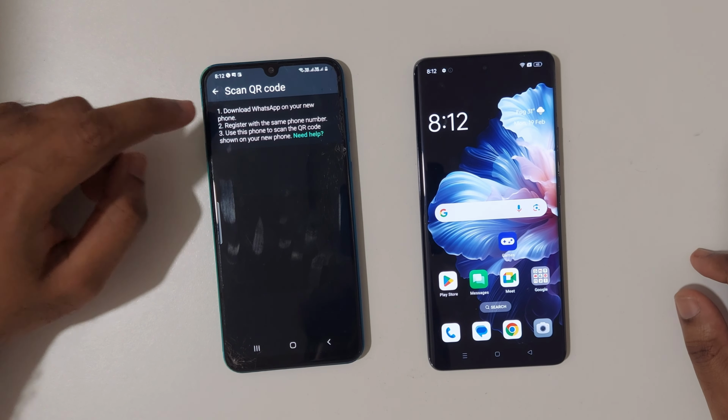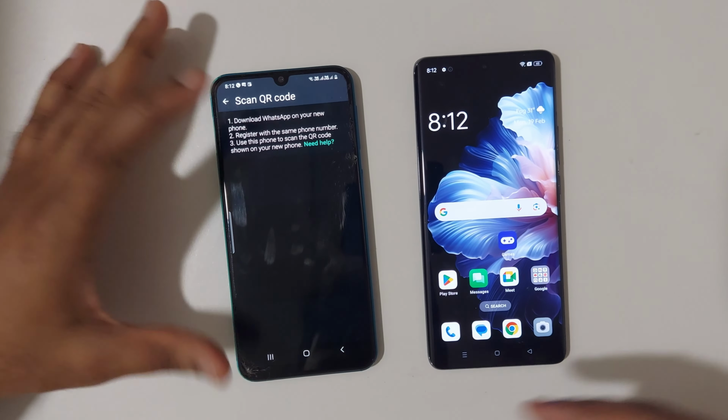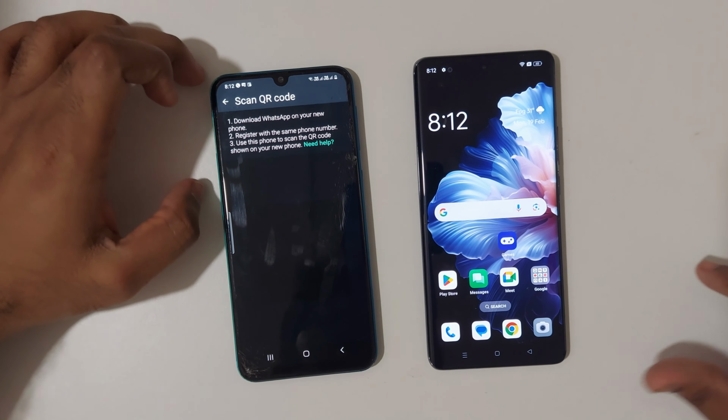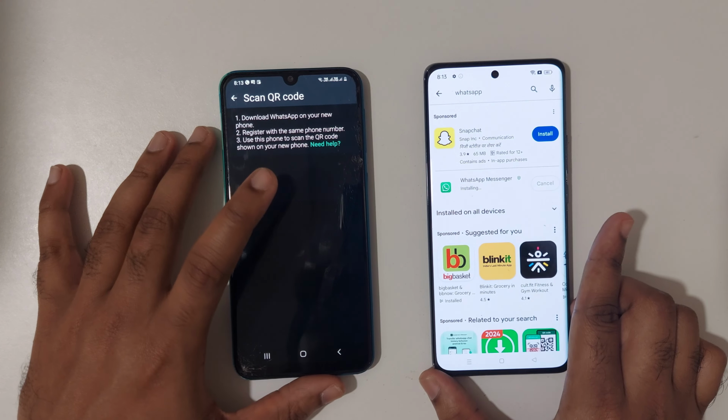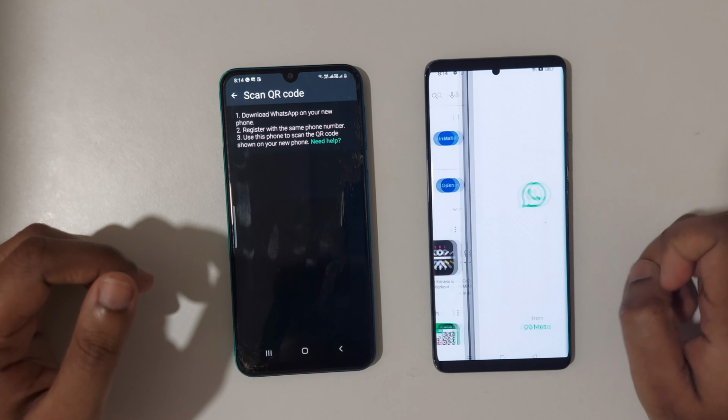And now it says scan QR code. So I have to scan a QR code. But first I need to do is to download WhatsApp on your new phone. So I've now downloaded the WhatsApp app. Now I will open the app,